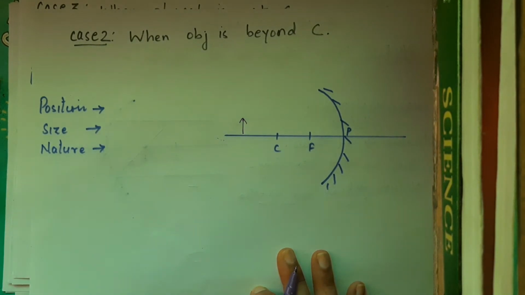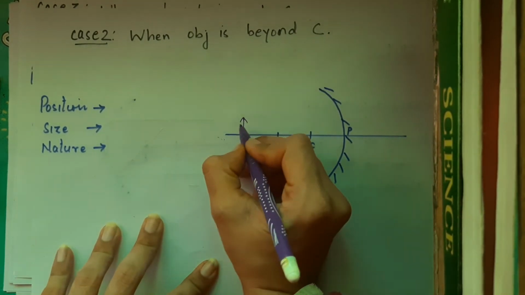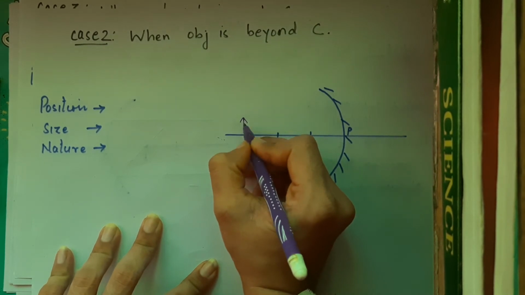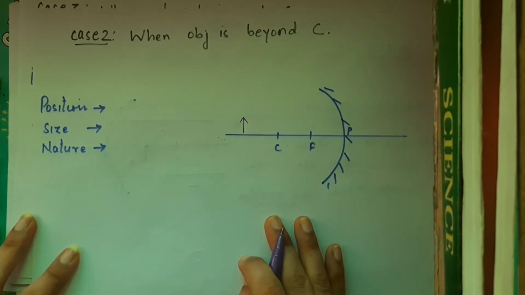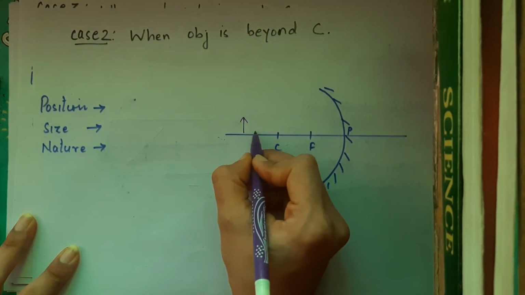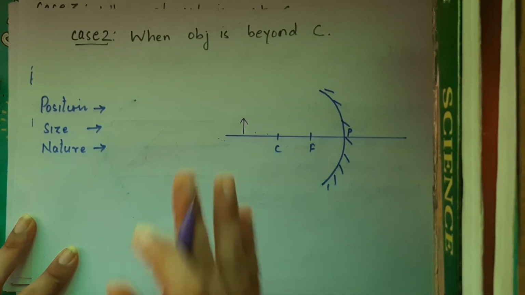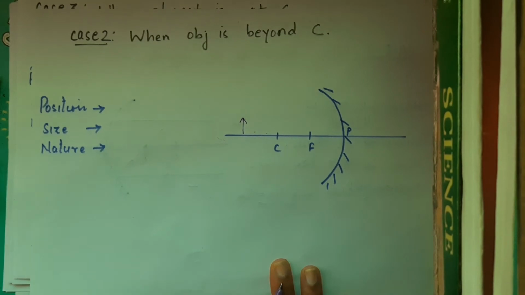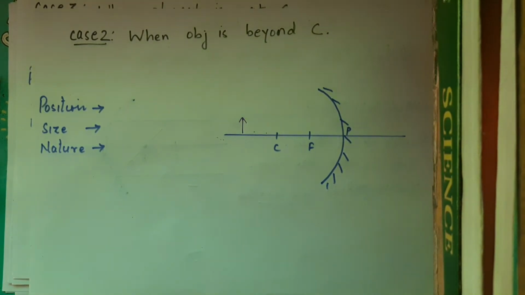तो आप object को हमेशा एक arrow से denote करते हो with some head and some size, basically some height of the object. So when you mark the object beyond C, anywhere beyond C, you can mark it here, here, here. As long as it is beyond C, it's fine. So let's do the same thing now. So I need 2 light rays, right? I need 2 light rays to form an image.